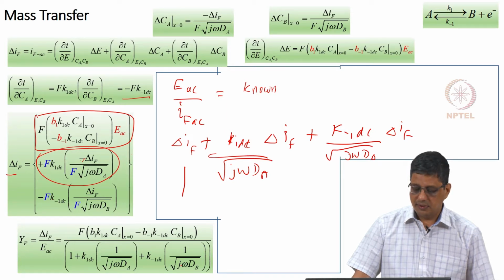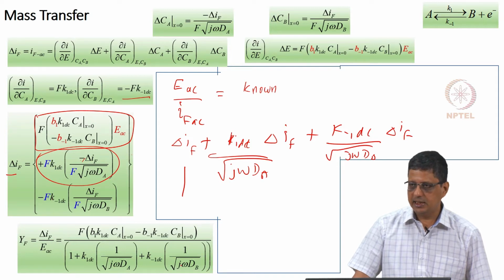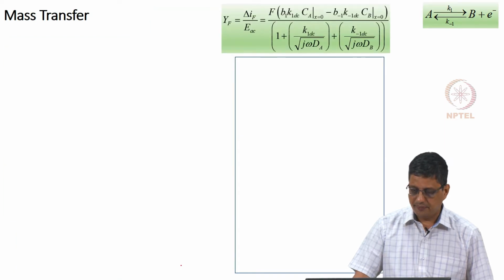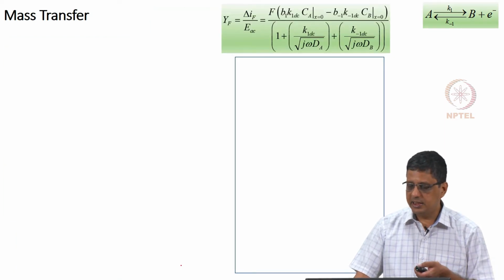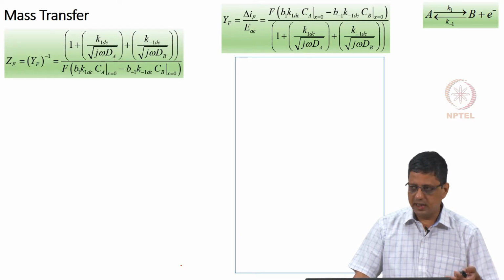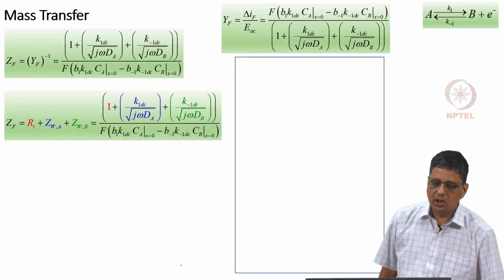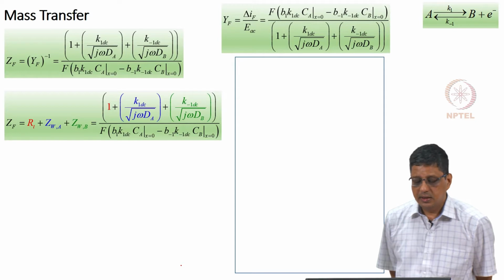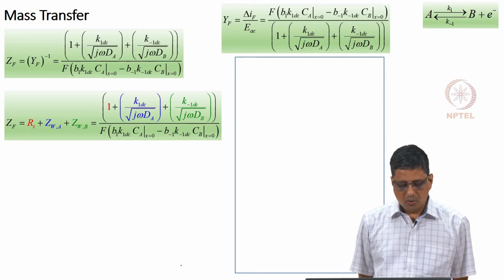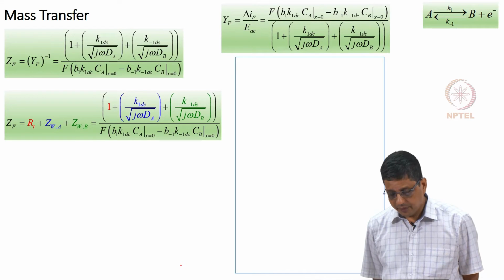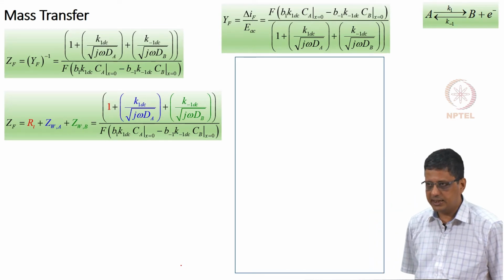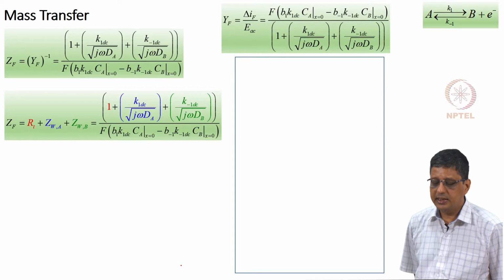That is, when there is no bias in the DC potential, whatever is at open circuit potential, we are going to leave it at that. So, the admittance form is written here, impedance is just going to be the inverse of that. Now, this is written separated into 3 components. One is written as RT, okay. There is no omega dependence in it. Second is written as Warburg impedance for species A. Third is written as Warburg impedance for species B.